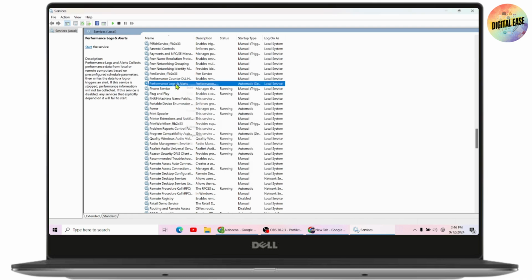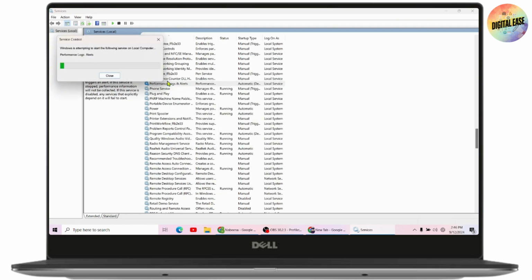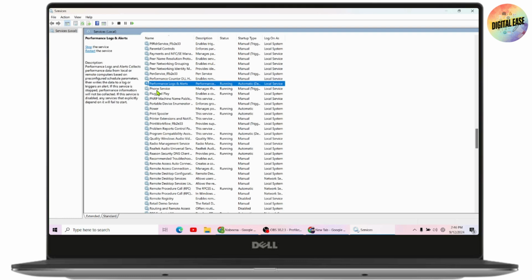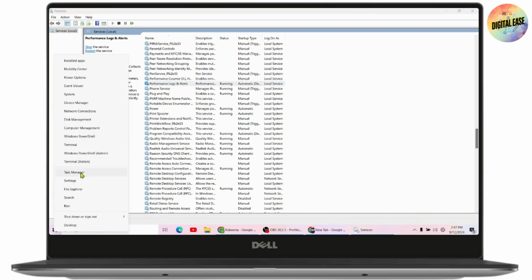Once you've done that, now you just need to simply right click on it again and then go with start and start the service. Now once you've done that from manual to automatic, you also have to start the service. Once you've started, then the final step is to right click on the Windows and go with the device manager